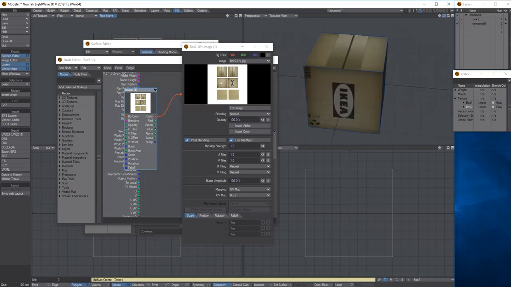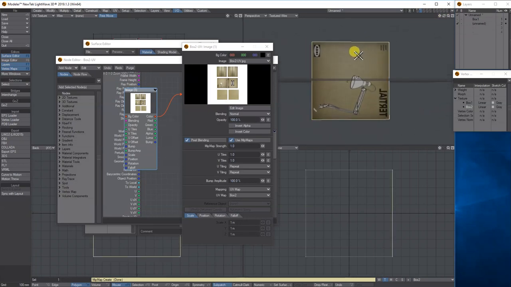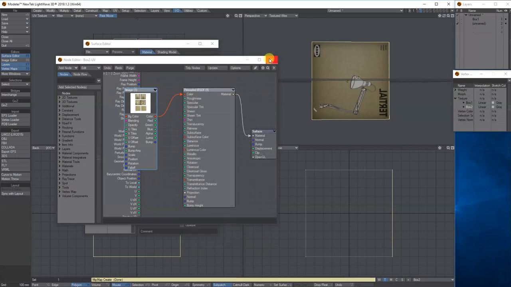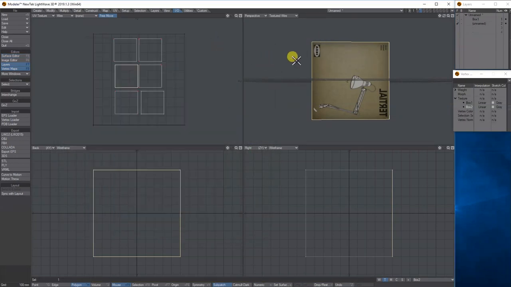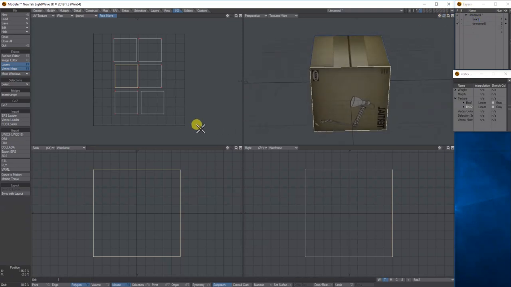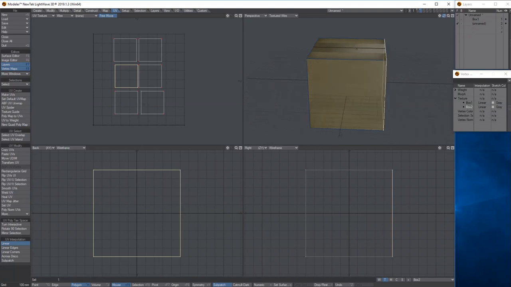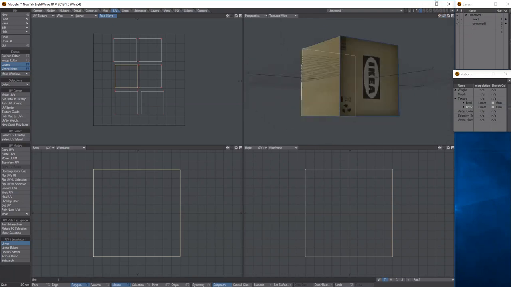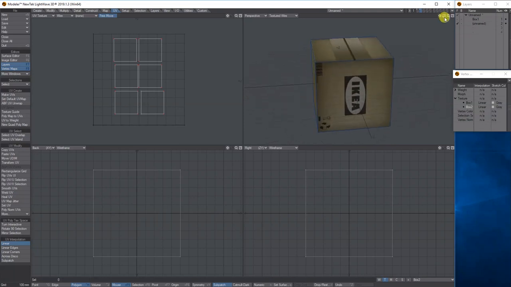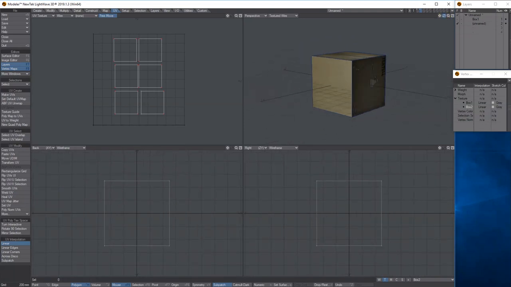Now, looking through, we can see this one is the wrong way, and also it don't fit the proportions because it's the box itself, but we can sort that. So I'm just going to click on the actual polygon and flip the UV so it's kind of going the right way, like so, and the rest generally look alright. So that's box 2, but using obviously a texture that's not quite made for this.